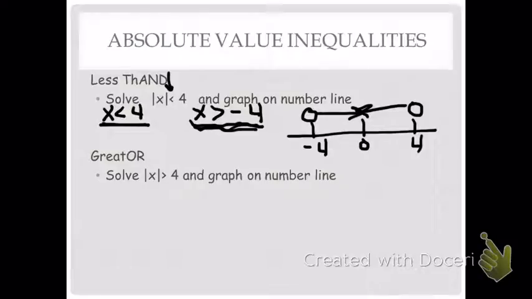Notice I did not misspell this word up here. Less than means it's going to look like an and compound inequality where the arrows go towards each other. That gives you a little preview of what this is about. Great tour. Again, I did not misspell it, just playing on words here to help you see. So if we were going to solve this one and we split this up,